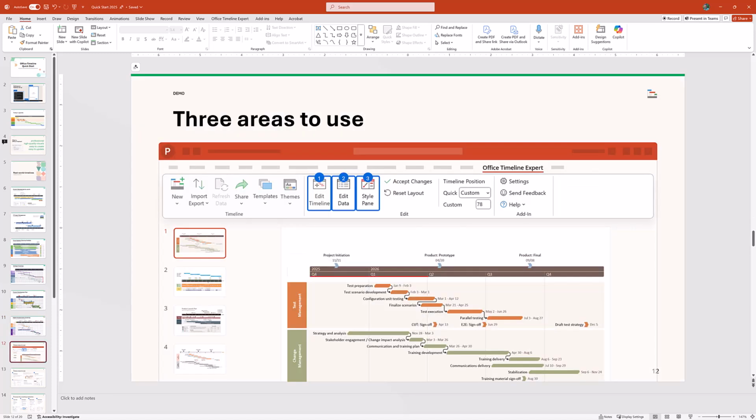All right, and then before we jump into the demo itself, I just want to highlight some of the areas that you're going to be using when you are in Office Timeline. So the three areas of use primarily are going to be the edit timeline, edit data, and the style pane. When you're creating or working on a timeline, those are like the three buttons you're going to be looking for,